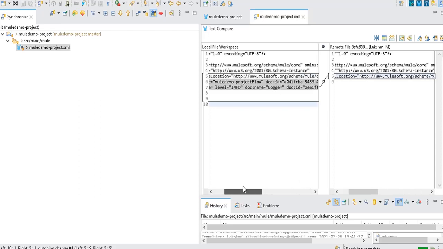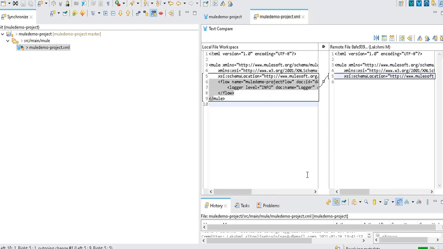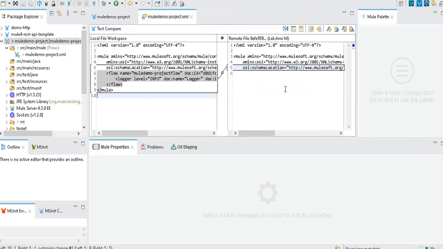If you compare in this way and you are good, like yes, these are the changes I need to commit and this code is right, then you can commit the code. Likewise, we can compare the files from your local workspace version to the remote version before committing the code. Once you are good, you can follow the commit process which we discussed earlier, and then you are good to check in your code. Commit code and check in your code are the same.